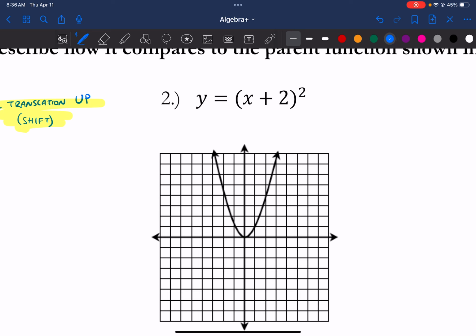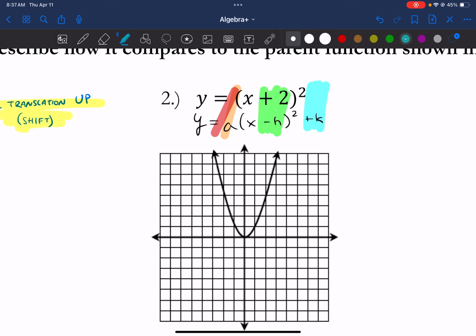Number 2, if we were to do that again, y equals a times x minus h squared plus k. A, our signs didn't change, our a number didn't change, h, oh, that changed, and k, there's nothing there. So we're dealing with our h, and our h in this case is a -2. Good. That means we shifted or horizontally translated. A horizontal translation down. And if you're getting more specific, it's down by 2, or it shifted